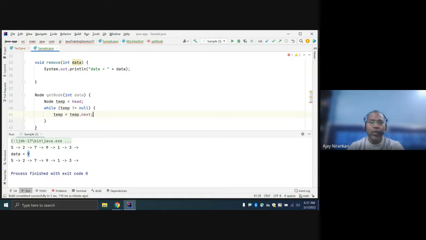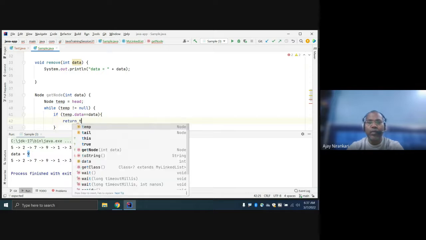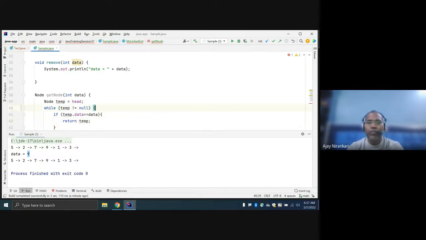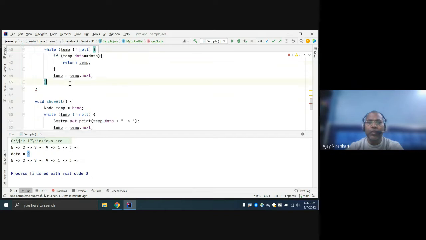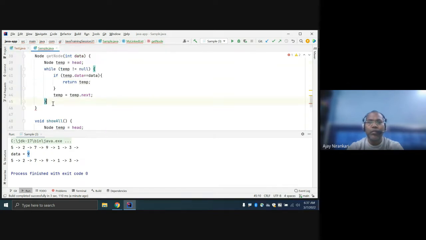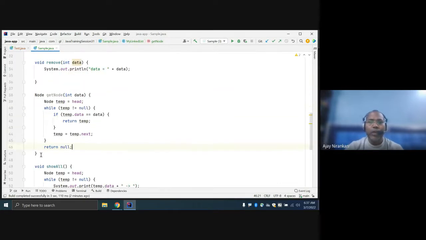Here you check if your temp dot data matches the data. If you find a match, then return the same node. And if the whole loop completes and you still do not find the node, then you return null. So till now, any problem with how to find the node?